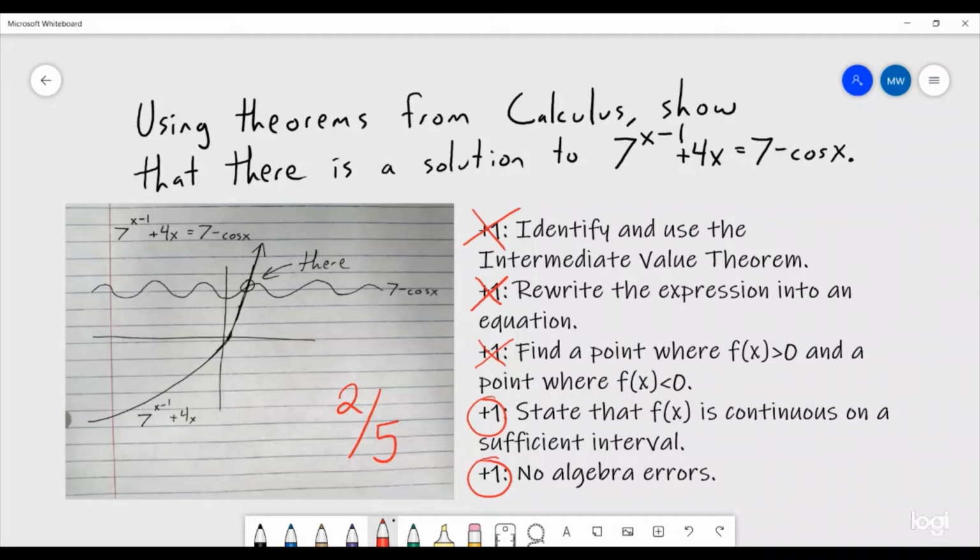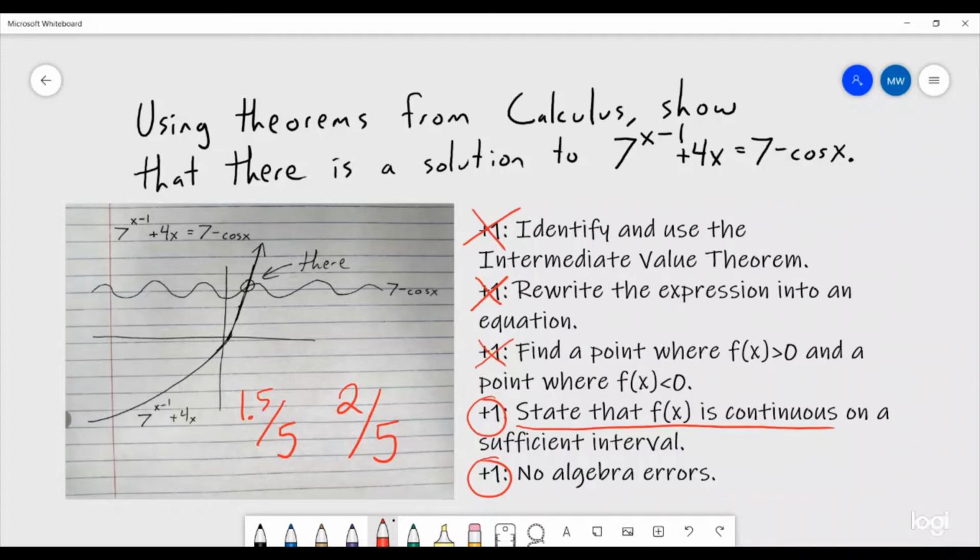Now, they didn't quite state that f of x was continuous, so if I was feeling pretty generous, I would give them the full 2 points. Otherwise, I might give them a 1.5 out of 5 because they knew that it was continuous in the way that they were graphing it, and I can tell that they knew it was continuous, but they never actually specifically stated it. So this one would get either a 1.5 or a 2 out of 5,